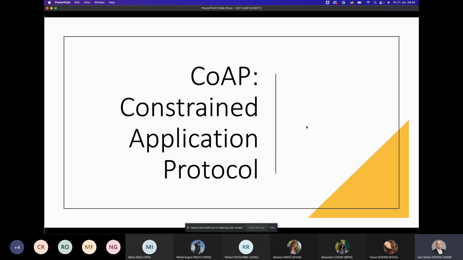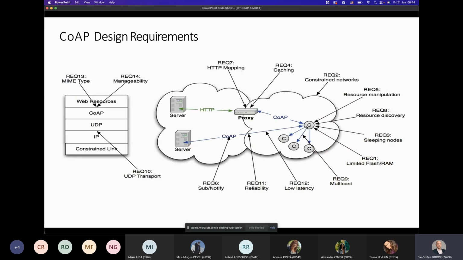And now let's dive deeper into what CoAP can actually achieve. We have different design requirements for our CoAP network if we are going to be able to support this type of architecture in which we have different constrained devices. As a first requirement, it will have to work with devices that have very limited flash memory or very limited RAM memory.